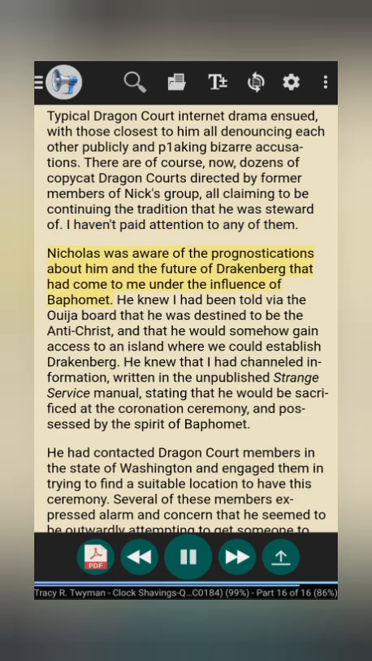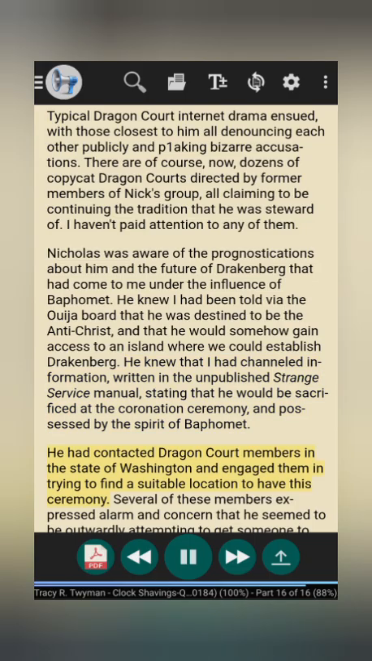Nicholas was aware of the prognostications about him and the future of Drakenberg that had come to me under the influence of Baphomet. He knew I had been told via the Ouija board that he was destined to be the Antichrist, and that he would somehow gain access to an island where we could establish Drakenberg. He knew that I had channeled information, written in the unpublished Strange Service Manual, stating that he would be sacrificed at the coronation ceremony and possessed by the